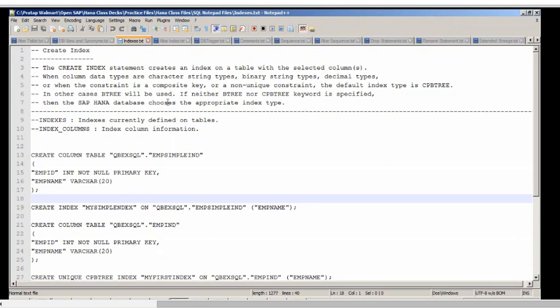So then what happens? You basically go to SE11 and create a secondary index on the table. In the same way, you can also create indexes on a table in HANA. But in a column store table, each column itself is referred to as an index. Even then, if you are still not satisfied with the performance, you can go about building indexes.